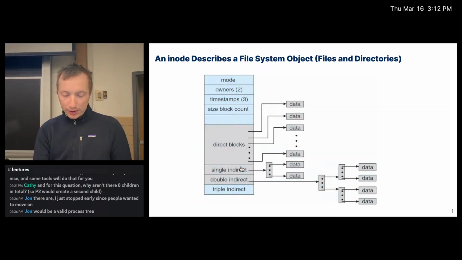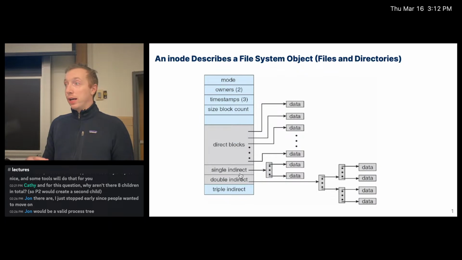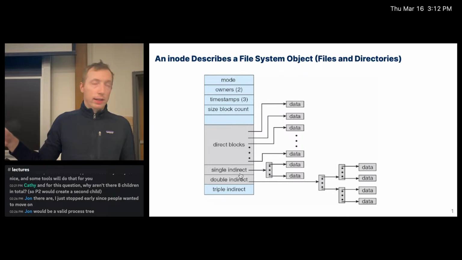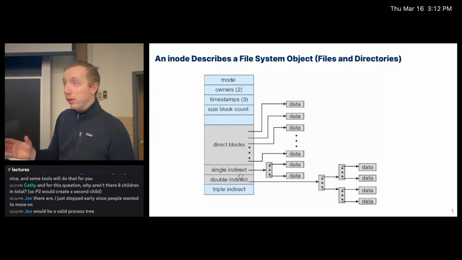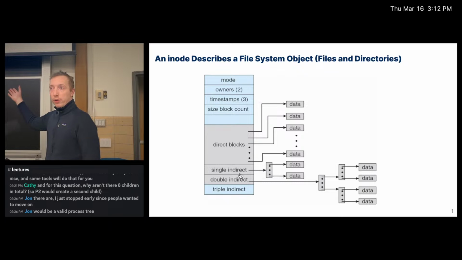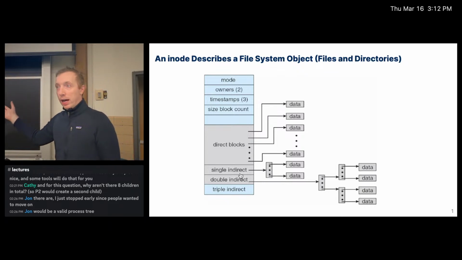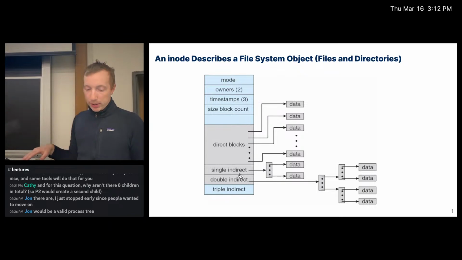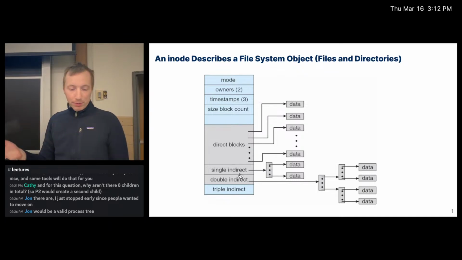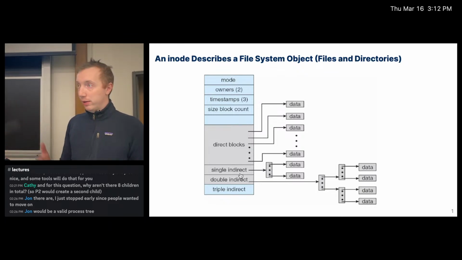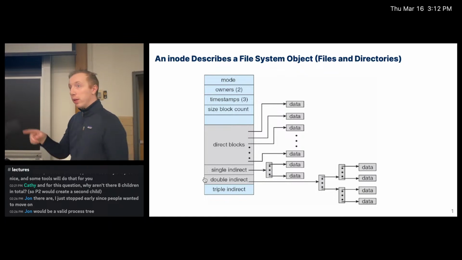And then the next one is the single indirect, and that uses the exact idea that we saw yesterday, the index block. It will point to a block full of pointers, and then that block full of pointers each points towards a block. And that had our 16 megabyte limit. Now, instead of that, we have more options. If you use that pointer, it's a single indirect block. While if you use the one after that, it is a double indirect block, which essentially means you have to go through two levels of